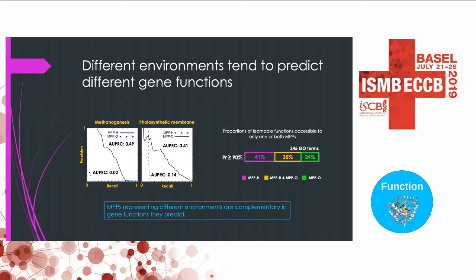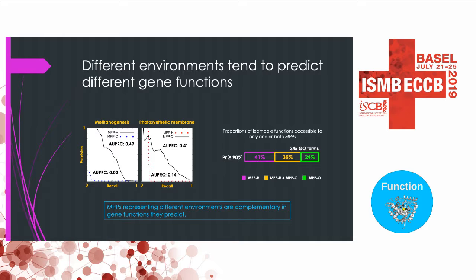When we compared MPP-H and MPP-O, we found cases where one is considerably better at predicting a certain function than the other. So, for example, in the case of the function methanogenesis, MPP-H predicts it considerably better than MPP-O. This case is meaningful because methanogens are an essential part of the human gut, promoting fermentation of carbohydrates, while methanogens are not